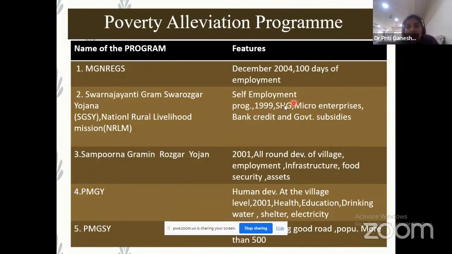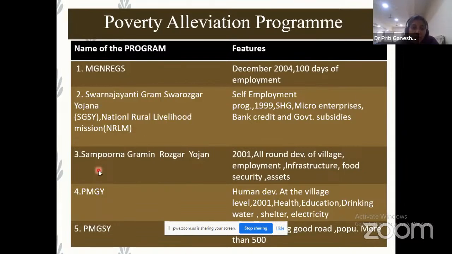This is also a part of the self-help group where the government gives credit at a subsidized rate, and they are encouraging females, a group of people, to start their own business, where the government gives you subsidy, loan, machineries, everything at the concessional rate. So it is part of micro enterprises. The government gives bank credit, government subsidy, all of this you will get, and you have to start your self-employment so that you can give jobs to the people, so it can automatically help us to alleviate poverty.